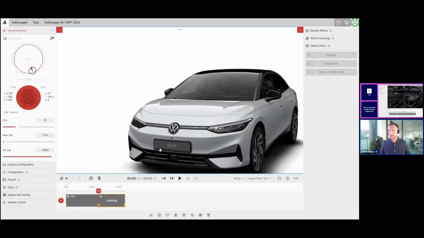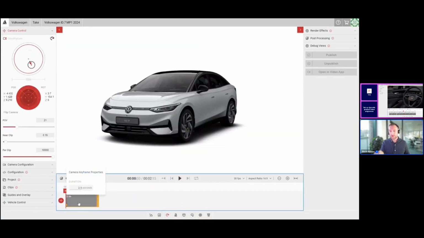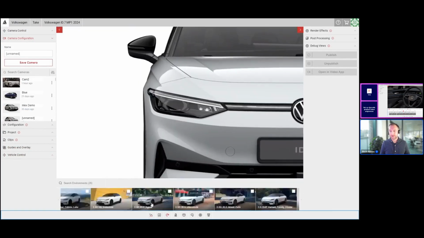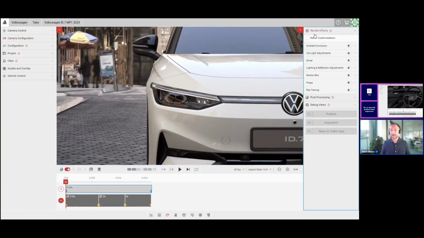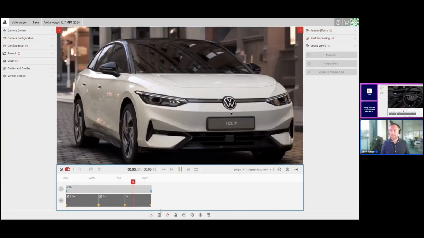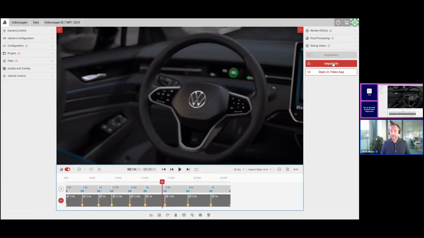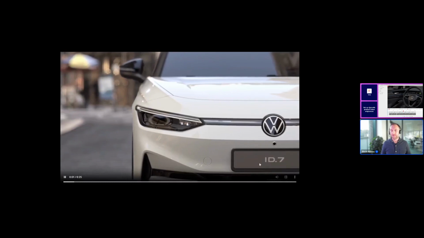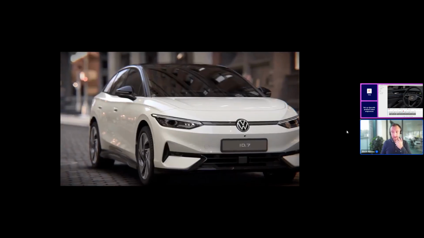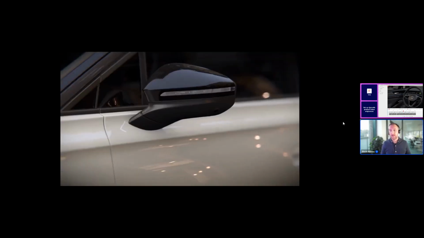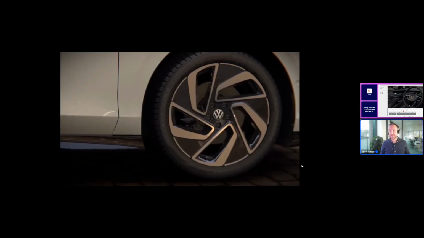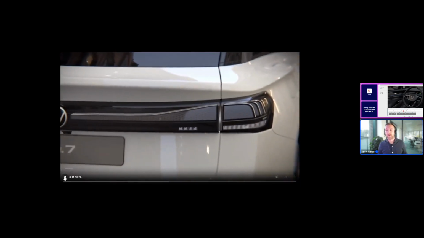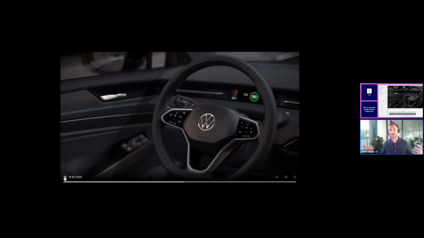So I'd selected the model, and then down here, if you look along the bottom, I'm setting up new keyframes as I'm building this sequence. So I'm adding different cameras, I'm putting the car in a different environment, I'm adding some effects. And in webinar one, that took about 3 minutes to create, and the end result was something that looks like this. So this is a sequence that I created and that I've saved and I can use time and time again. And I think the example here, the use case was this could be used in dealership. It could be playing on screens in a dealership.